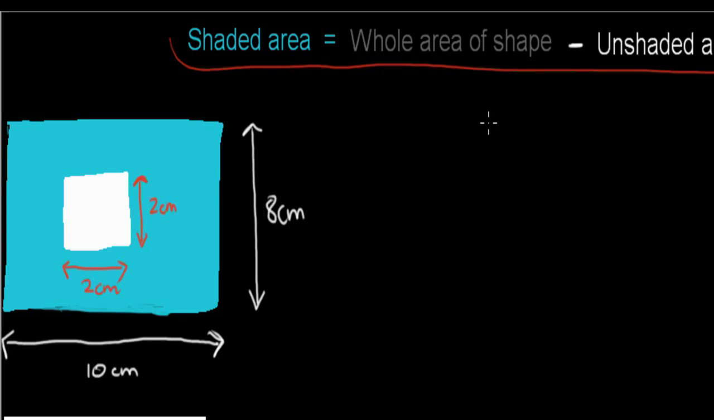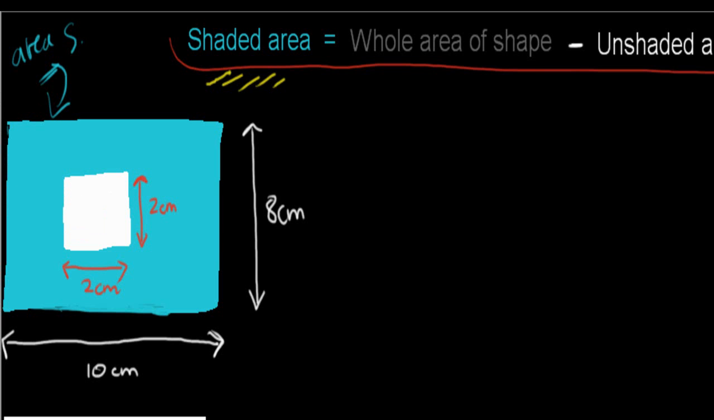What I'm going to talk about in this video is how we can find the shaded area of a shape if we have an unshaded area. And that's what I mean with this area. The area in white is unshaded, and the area in blue is a shaded area. So we're trying to find this area, the area in blue, so area in shade, but we have a problem